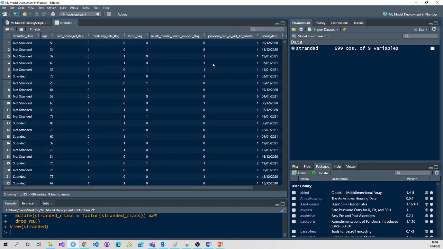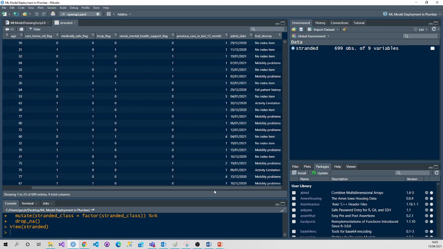We'll inspect this, and you can see we've got a classification tag of whether a patient's stranded or not stranded. By stranded and not stranded, we normally refer to an inpatient that's had a length of stay longer than 7 days. It's a terminology, but this is going to act as our binary classifier for our machine learning model. And we're going to use a bagged tree, so a bagging algorithm, tree of trees, to vote on this and